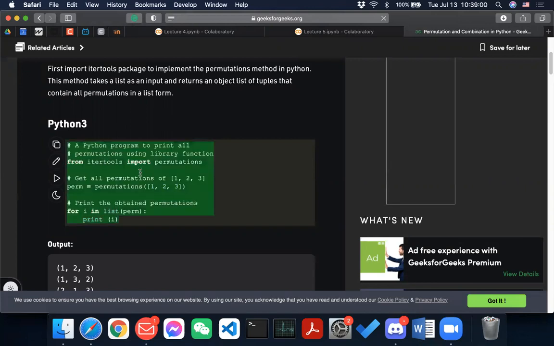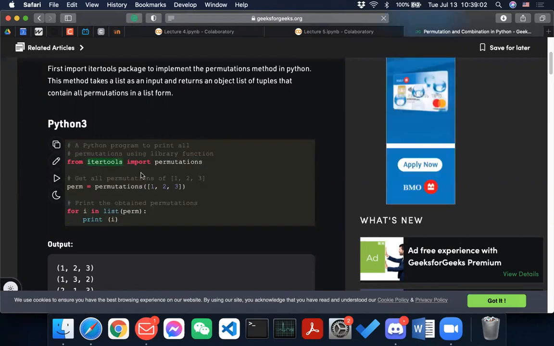And this idea is from itertools. It is a specific library, and this is called import. So what import does is basically, you have a function or library, and you copy the entire function into your program so that you can use it, right?